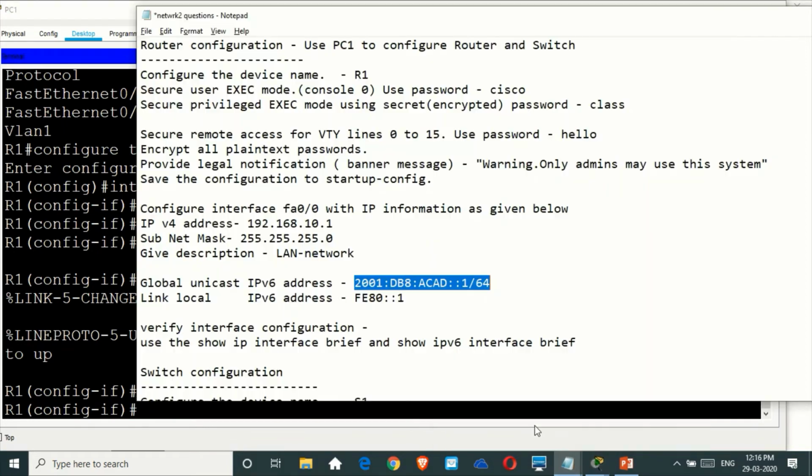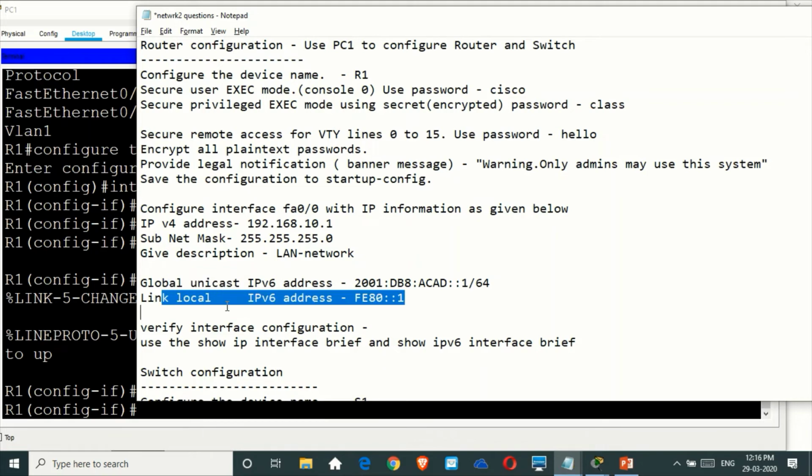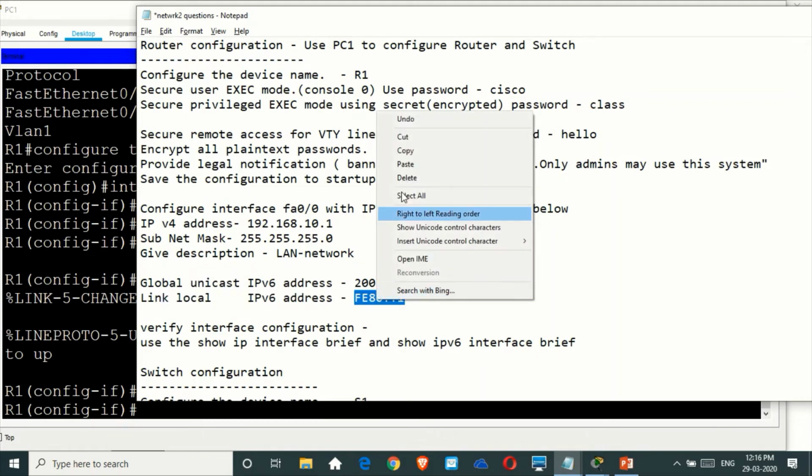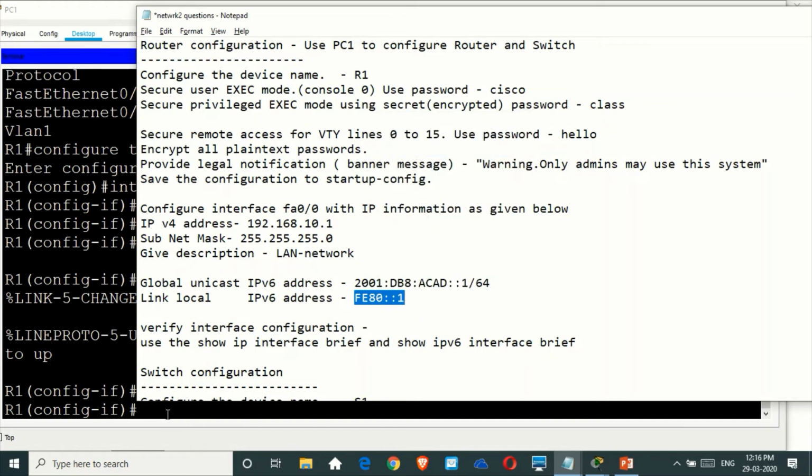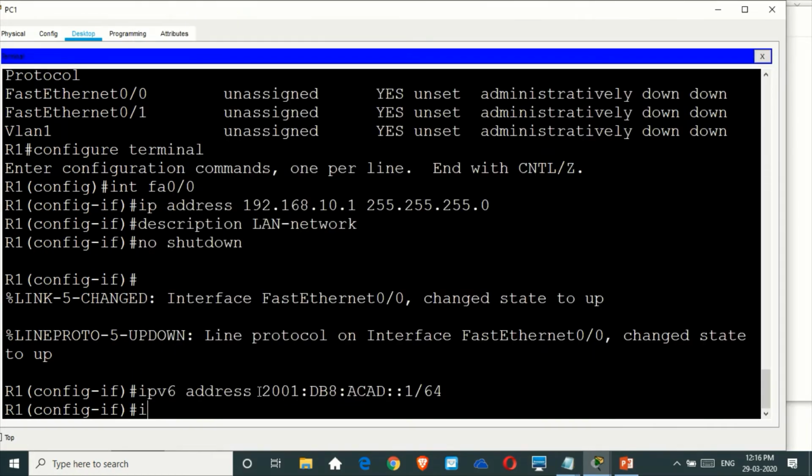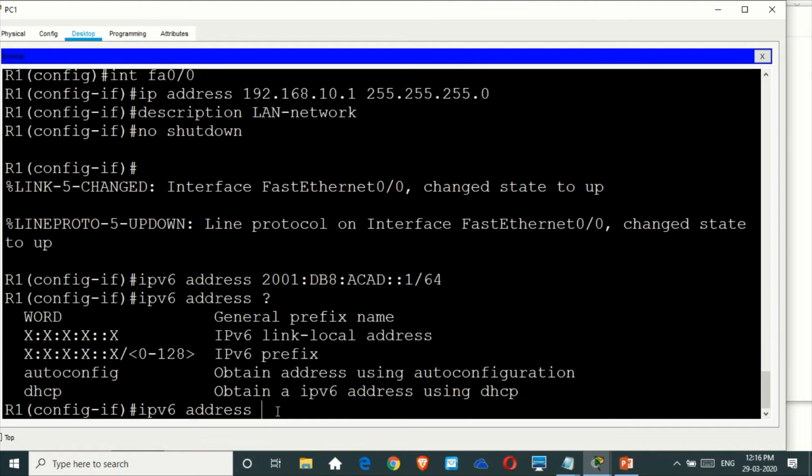This is the global unicast address that we have given. We can give the link local address also, which is given over here, FE80::1. For that I have to give the command like this, ipv6 address. Then if you have doubt, you can always use the question mark to check what is the next thing to give.